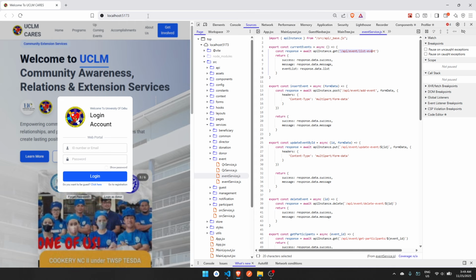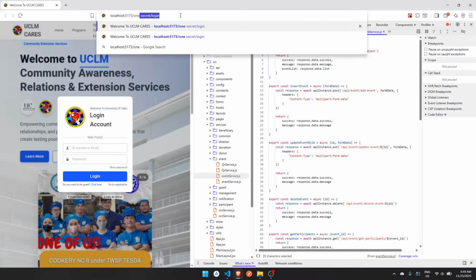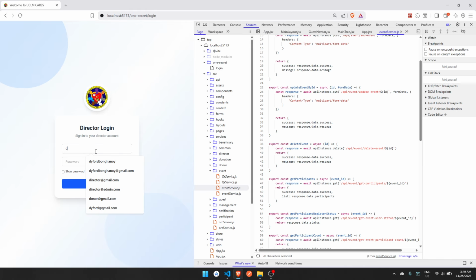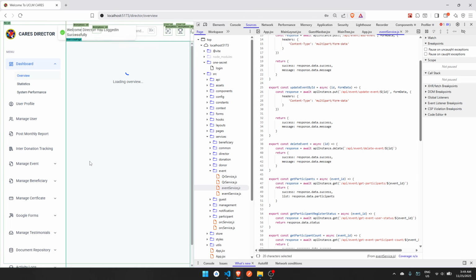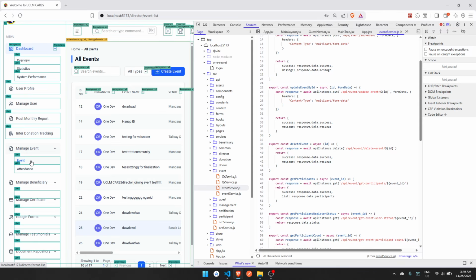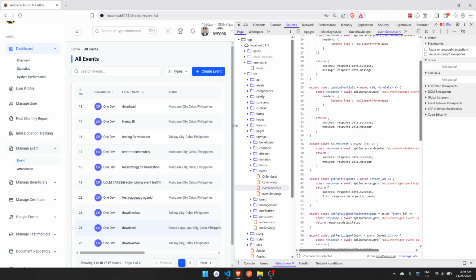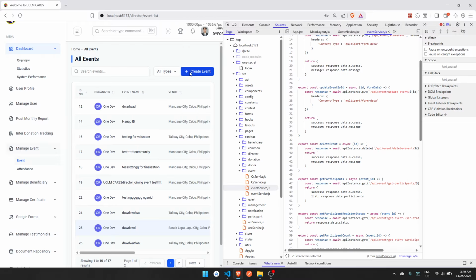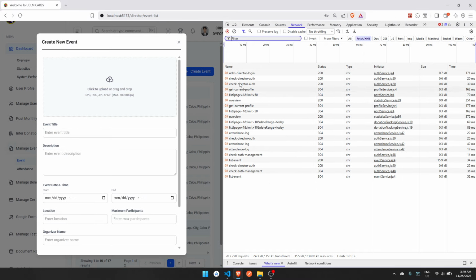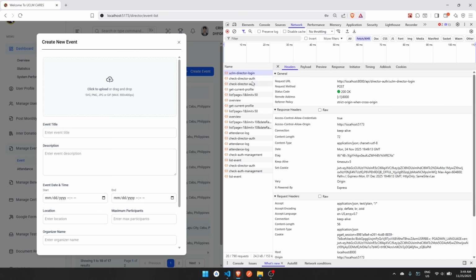Then let's work on one of our features in our administrator. As you can see, we have a manage event, and we have an existing event here. So we basically add. As you can see, the network has already fetched.